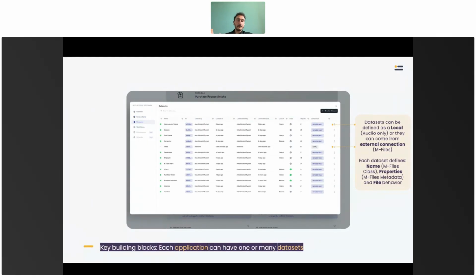So data sets, as I already said, can be defined as local ones, where the data that are part of this data set will stay in the Auclio only, or they can come from the external connection, mFiles in our context. Each data set has a lot of similarities with the mFiles classes and the metadata. A dataset has a name, a list of properties, and right now can define some file behavior. If you relate this to the mFiles, it is pretty much the same logic,